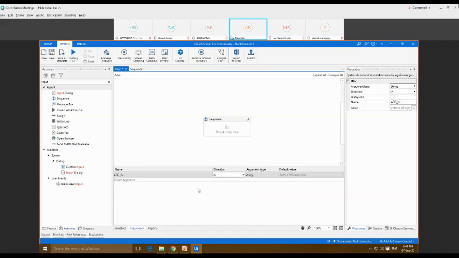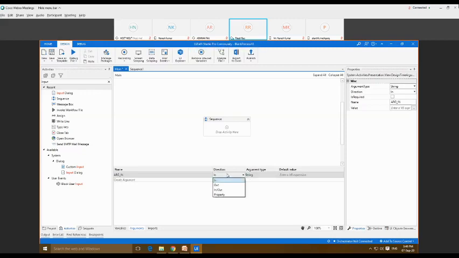Suppose you are using the in direction, that means the information that you have stored with this argument_in is going to be utilized only inside a particular workflow file. Suppose that if you want to pass that information from one workflow file to another, then you have to use the out direction. And if you want to use that stored information inside that particular workflow and also outside that workflow in some other workflow file, then we have to use in and out.